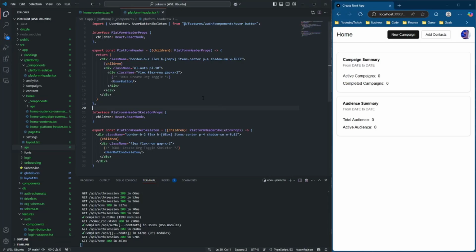Next up, we're going to need to create our organization toggle. Now that's for a couple of reasons. So let's pretend that a user of Poke CRM is a marketing consultant and they have multiple different clients. Well, we want to be able to allow for them to create multiple accounts for the different business clients that